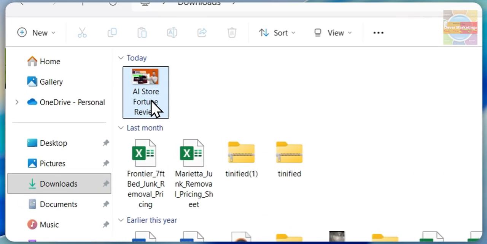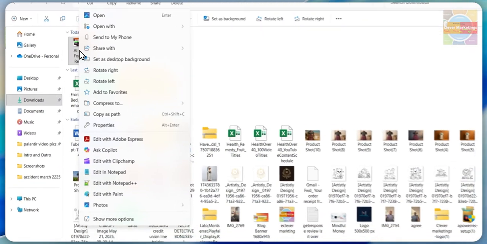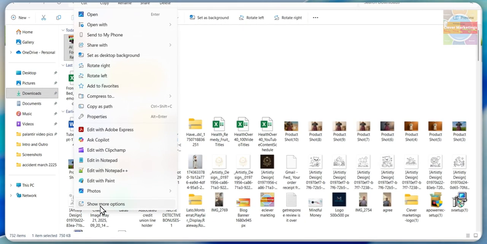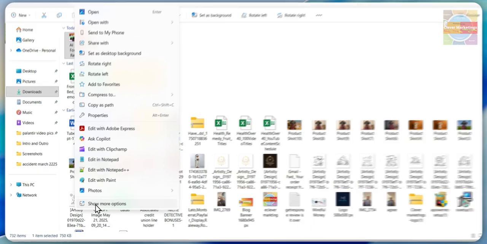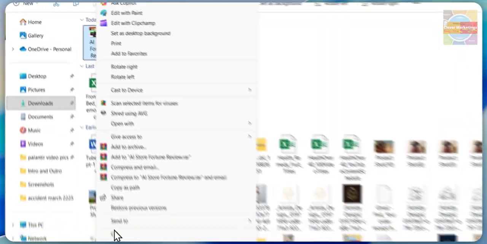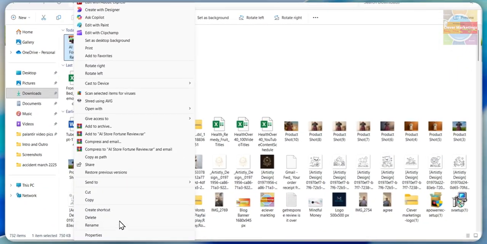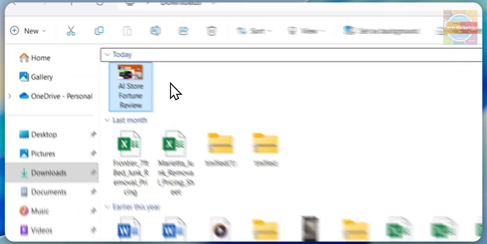To do a file name change, all that you have to do is just right click and go down. It says show more. I click on show more, then file name. So once I change it,